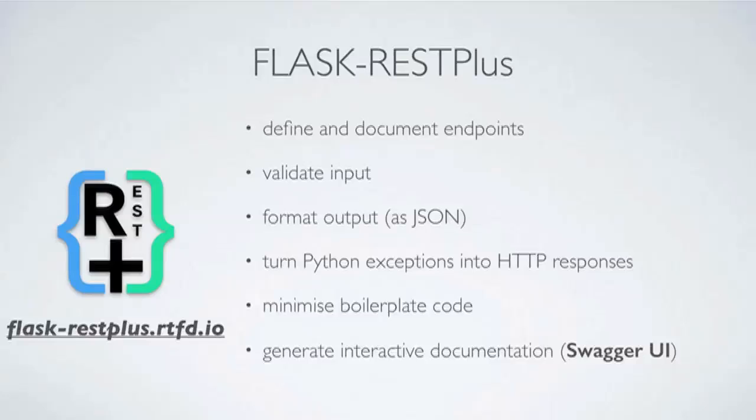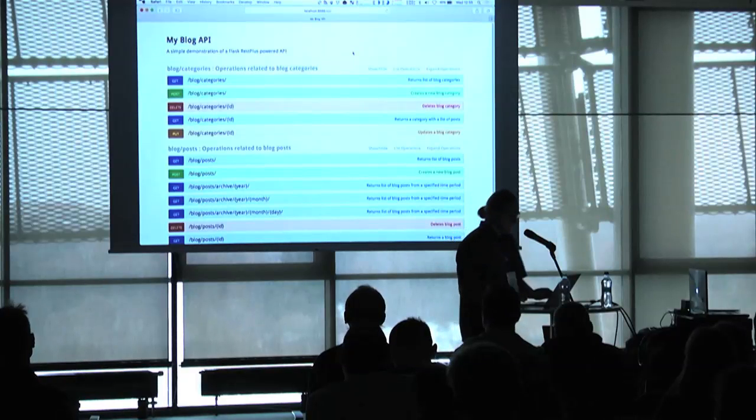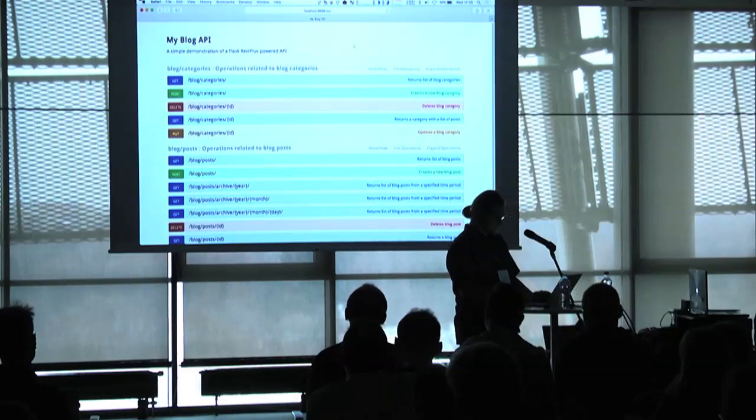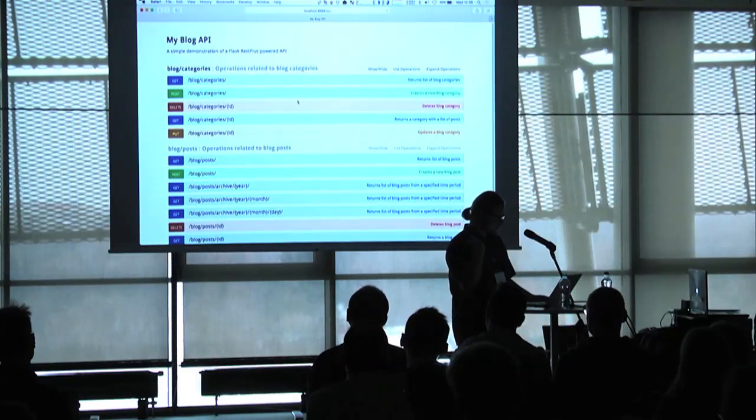But there's one additional feature, the killer feature of Flask-Restplus: it equips your API automatically with documentation in Swagger and Swagger UI. And for those of you who haven't seen it, I want to do a short demo of what Swagger UI is. So give me a second. Okay. If you create an API with the code I'm going to show you in a second, and you come to the API on your server, what you'll get is something that looks like this.